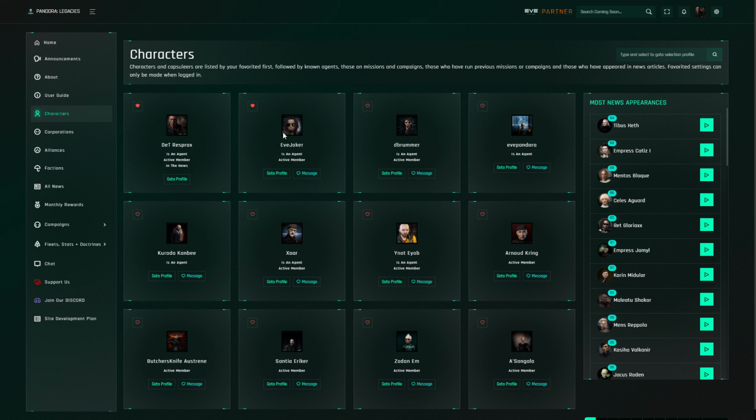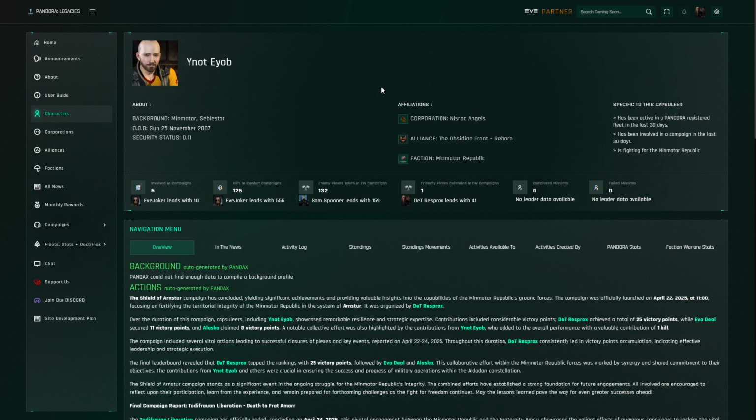Active members are those that are currently on missions and campaigns, and you can set those as your favorite to put them into your top listing where they remain at all times, which is good for easy access to a character's page. So if we load a character's profile, it goes off and connects with Pandex, which is the Pandora